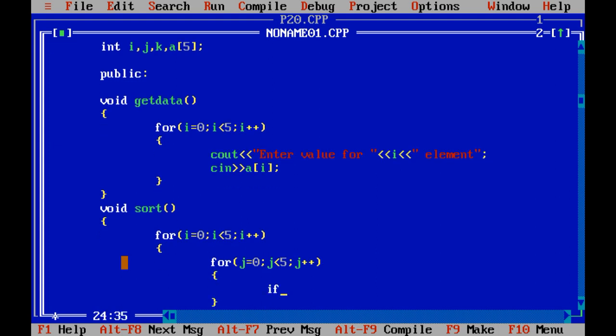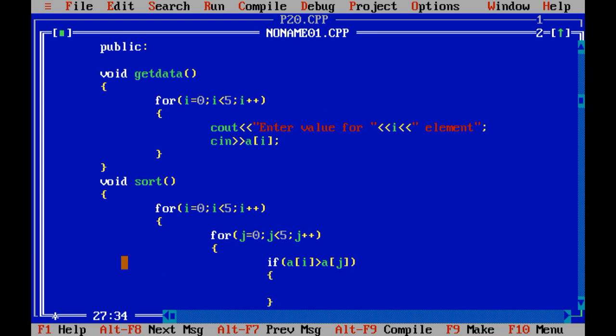Now this is the logic through which we can sort the elements: if a of i is greater than a of j, then k equals to a of i. This is the logic regarding swapping.